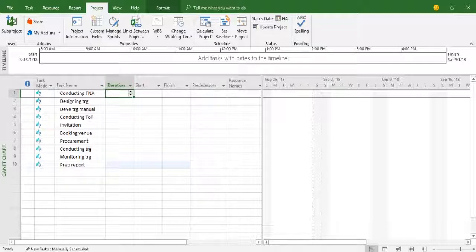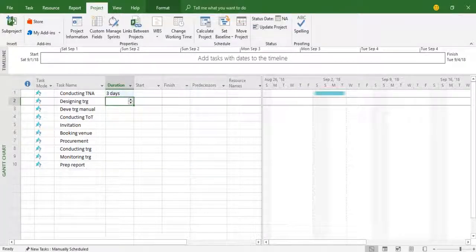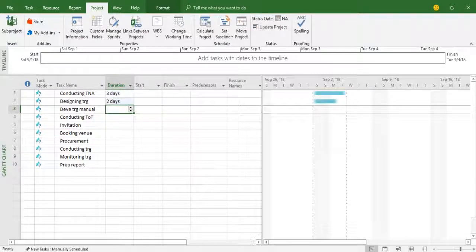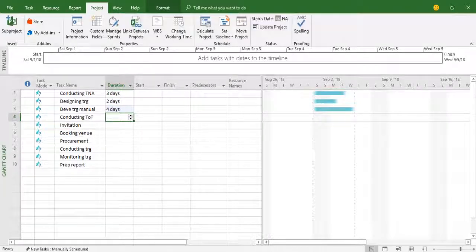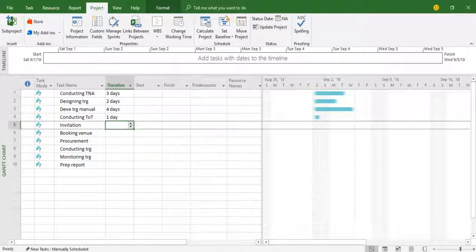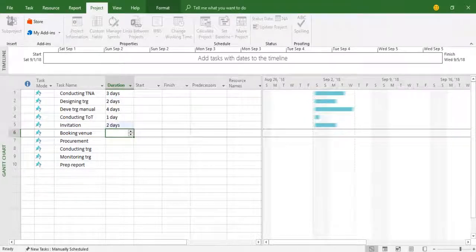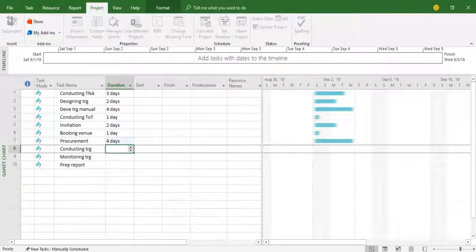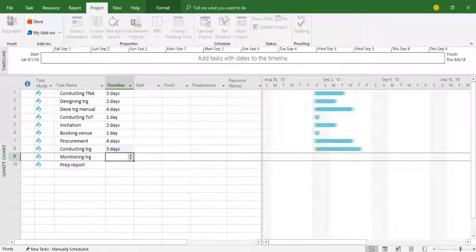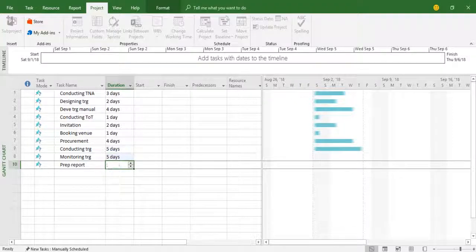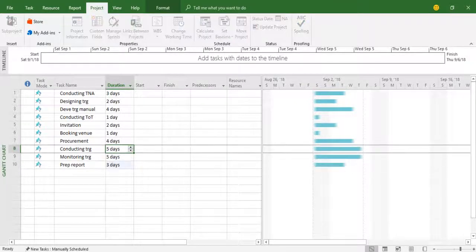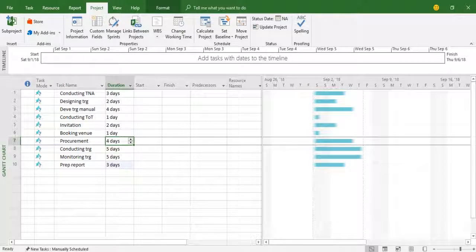So let me put now duration. Suppose TNA will take 3 days, designing of training will take 2 days, development of manual will take 4 days, TOT 1 day, invitations 2 days, then booking venue 1 day, procurement 4 days, suppose training 5 days, and monitoring will begin the day training starts. So let's consider it also 5 days, and preparation report for 3 days. Now on the Gantt chart side, you see all activities are running parallel,